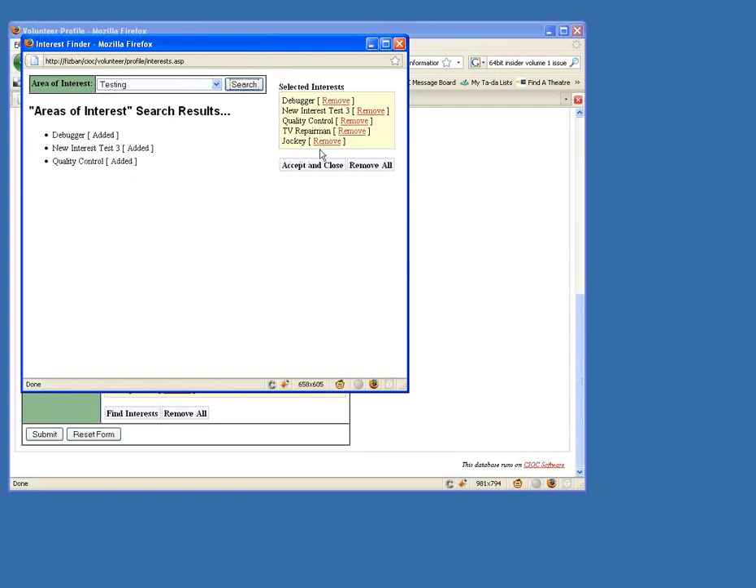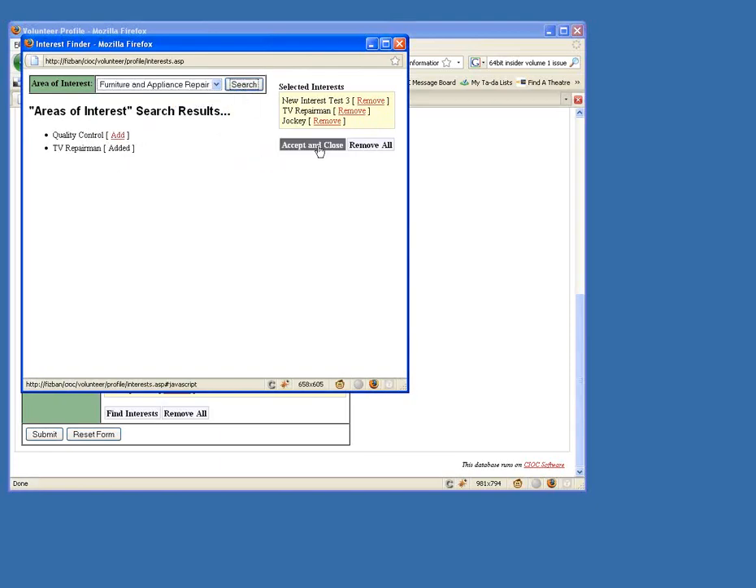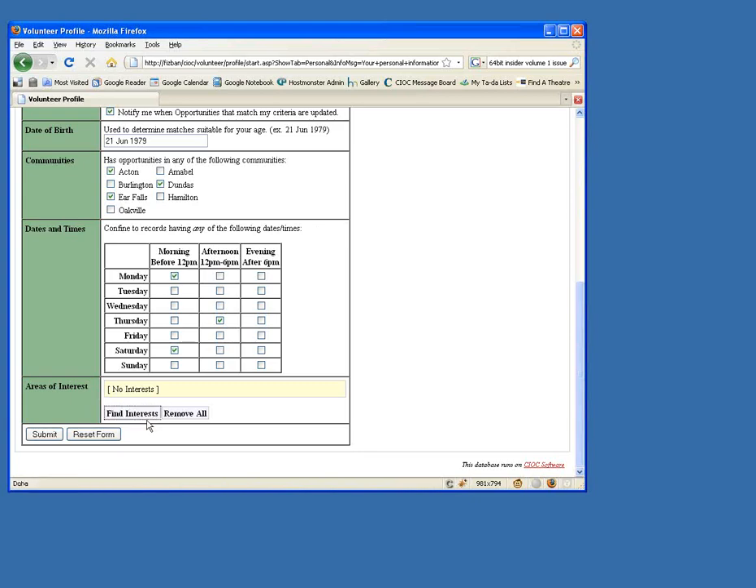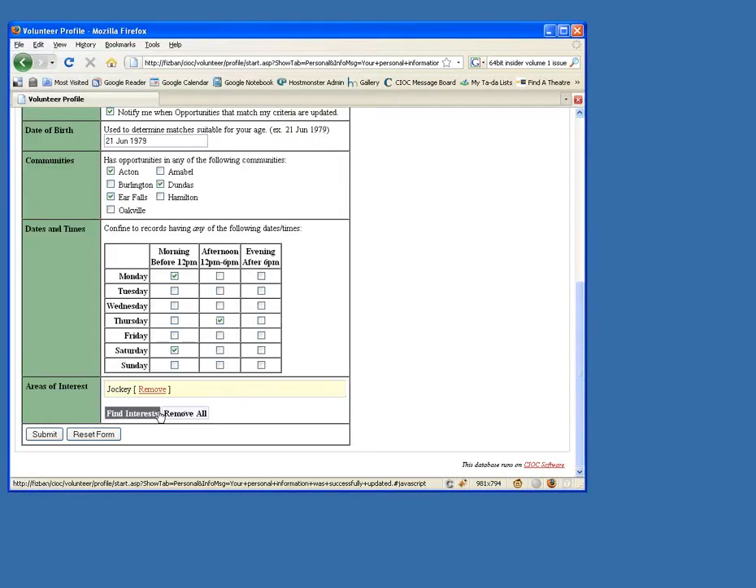And I can change my items around. The item I'm removing doesn't have to be in this list over here. But as you can see, it's a very dynamic page, and I think reasonably obvious about how it works. I can remove all of my interests if I want and close that, and of course I have no interest now. I'll just go back in here and put an interest,